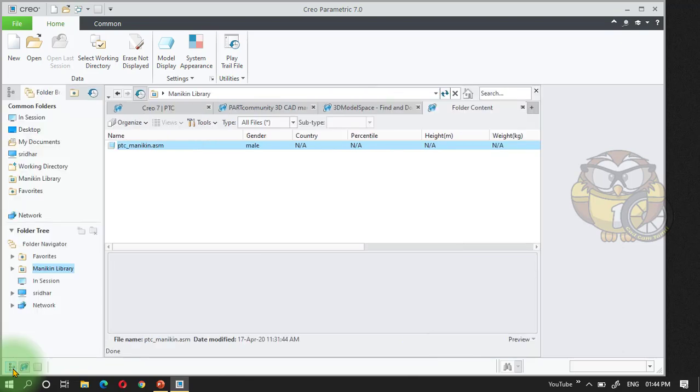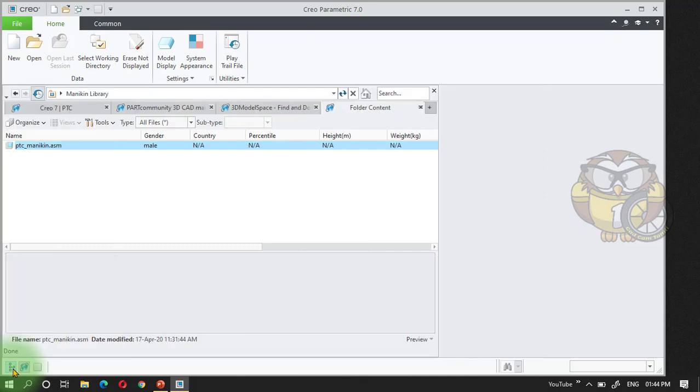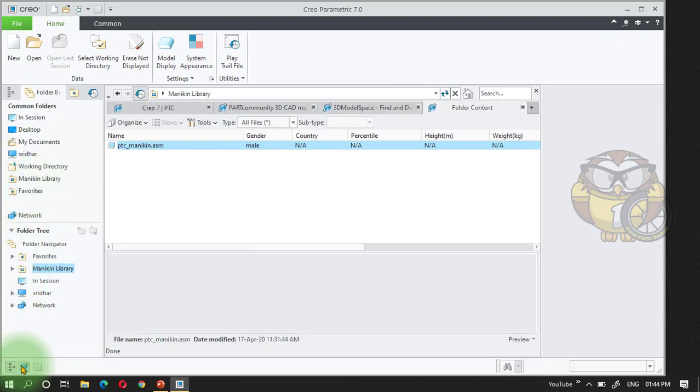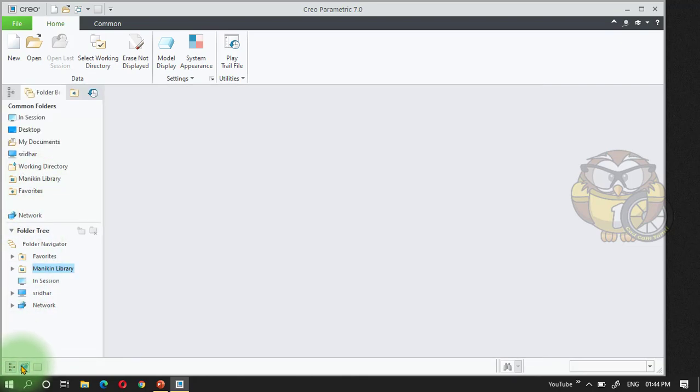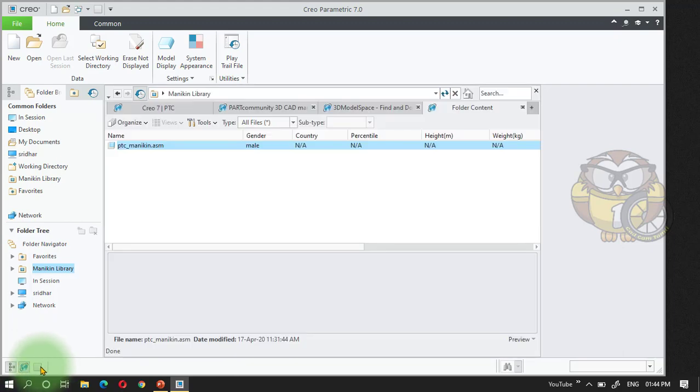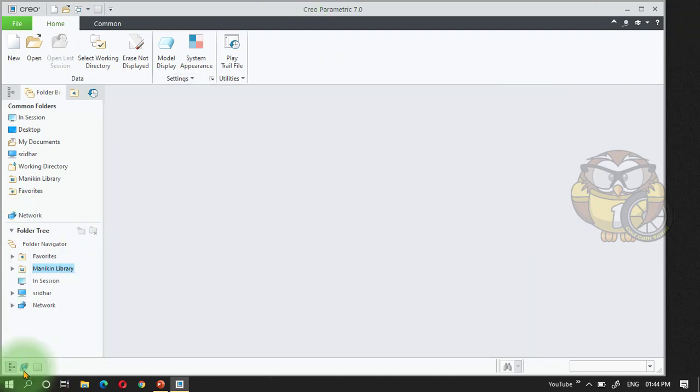See, in this lower corner we have three icons. One is for switching the model tree on and off. Another one is for switching the web browser on and off. Next one is full screen. When you draw a drawing and want to see it full screen, just click it and the entire screen shows only the drawing. Also, there is a status bar here. Whenever you open a new file, you see some status bar opening. These are the very basic things.